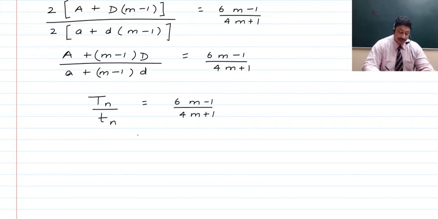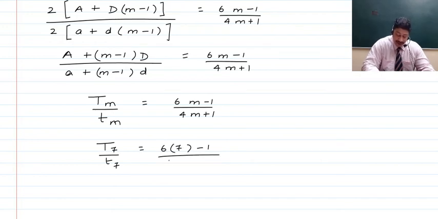Now guys, in place of n, actually we are talking about the nth term, so we will now be talking about the nth terms. And since here we've got to find out the ratio of the 7th terms, so as such what we do is in place of this m we will now be substituting 7, right? So as such now we will have capital T7 upon small t7, which will then be given by 6 times of 7 minus 1 divided by 4 times of 7,